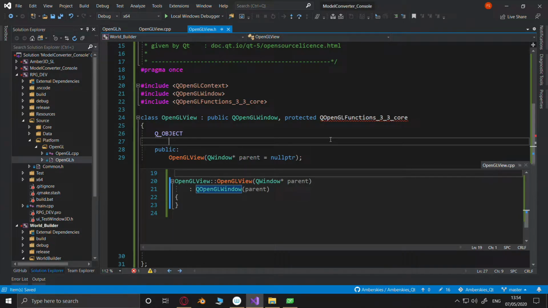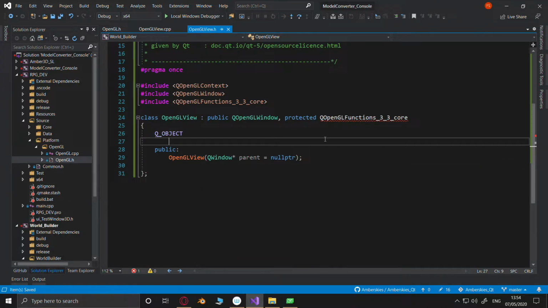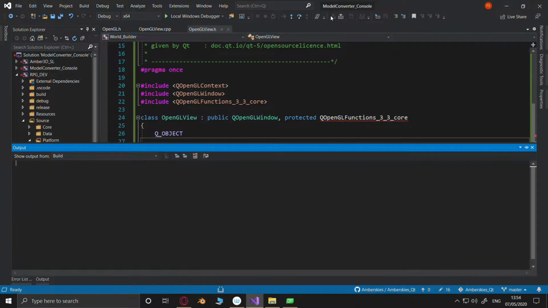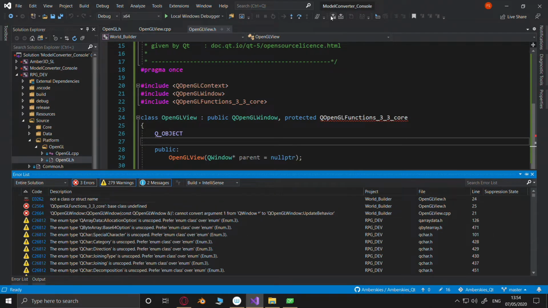_3_3_core. I'm going to use it if I can use it, please. It's just being silly on me. Oh, it's stopped being silly here. And now it's being silly here. There's something wrong with this. It's just being stupid all the time. Now what's wrong with that? Not a class structure name.